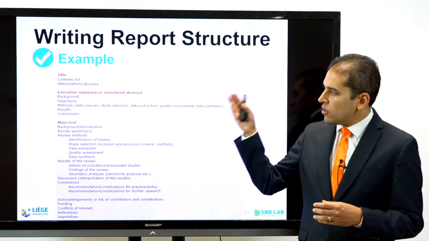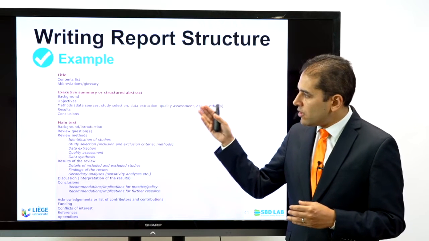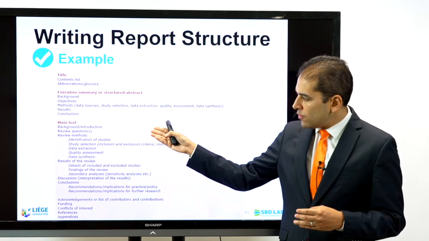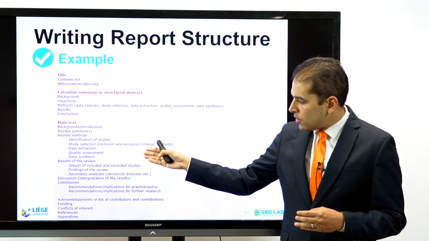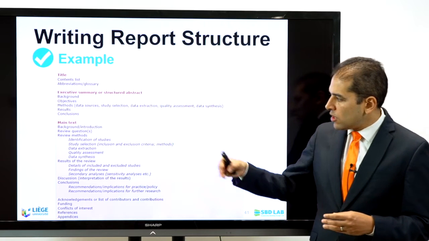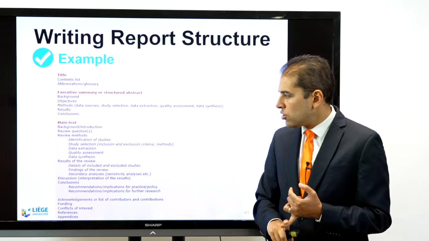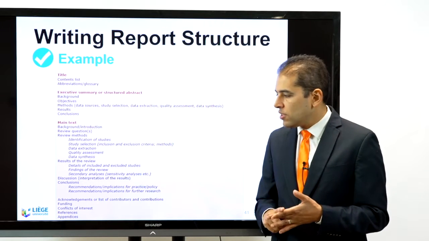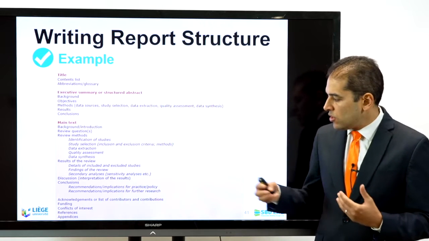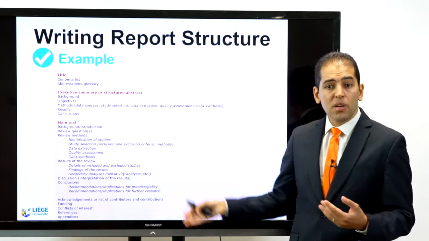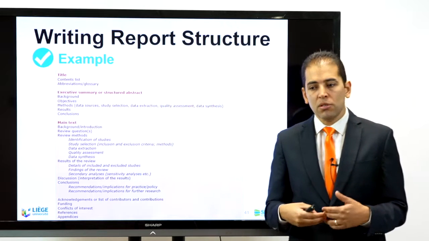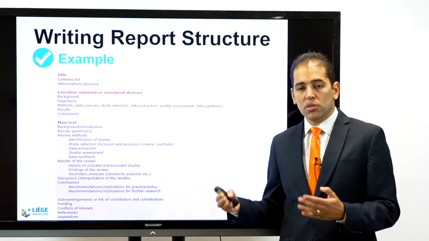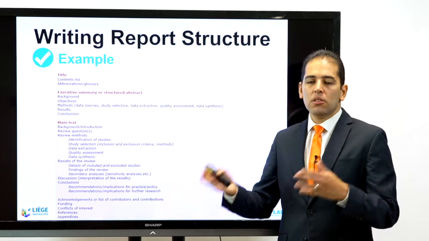So as you can see, the content of such a report could be having a title, executive summary, main context, background, review question, review methods, and then result of the review, discussion, and conclusion. And when it comes to the review methods, you need identification of the studies, the study selection, inclusion and exclusion criteria, the data extraction, the quality assessment, and the data synthesis. So this is an example for a report of a systematic literature review that you can develop, and in this sense, you can have an unlimited number of pages, and then you publish it as a report. It could be restricted, and then from it, you start to